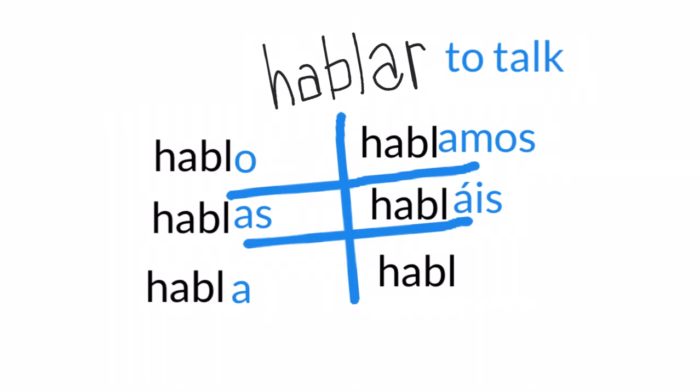In Spain, when they're saying you all to a group of their friends, they will say habláis, using an AIS ending, and notice it has an accent over that. This is only used in Spain. And if we're talking about you all, that is ustedes, and we're using ellos or ellas, we'll use an AN ending, hablan. So we have our HABL, which is called the stem. It appears in all these forms, but the ending, the one in blue here, will change according to the subject